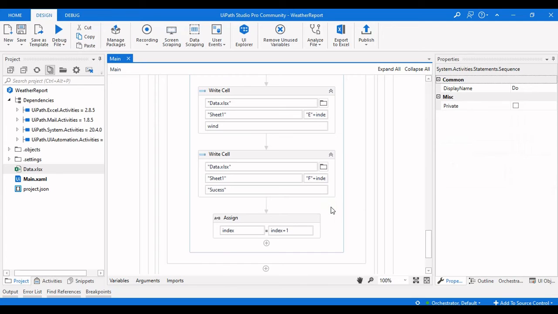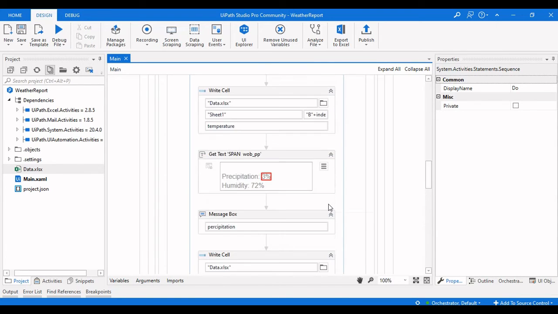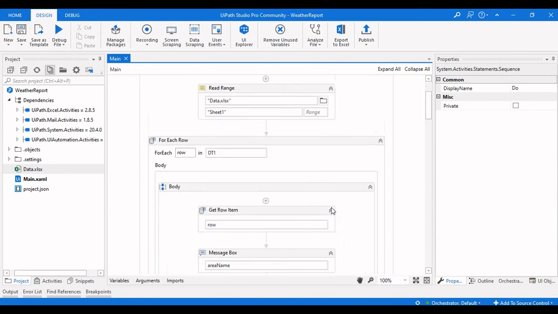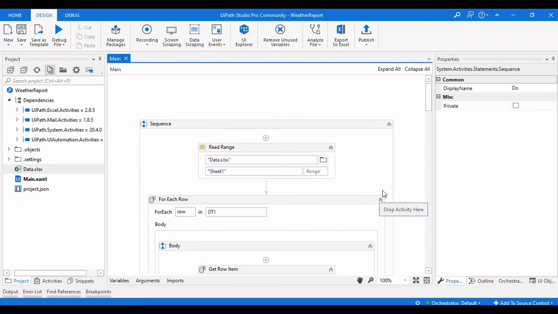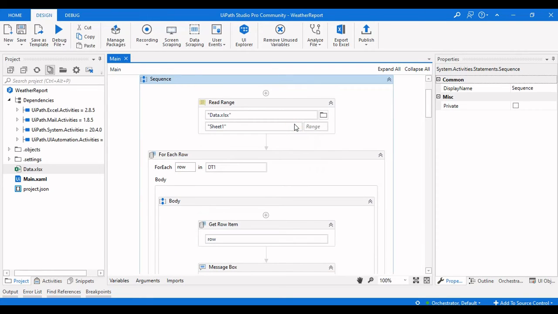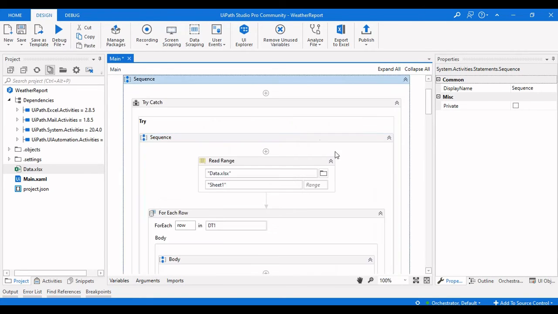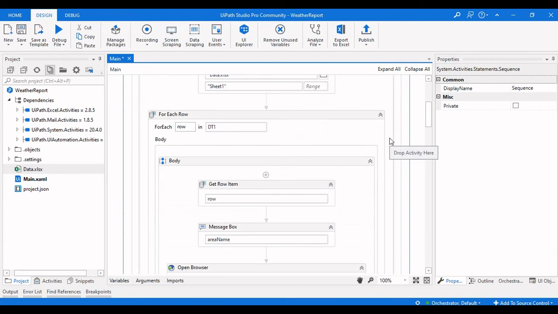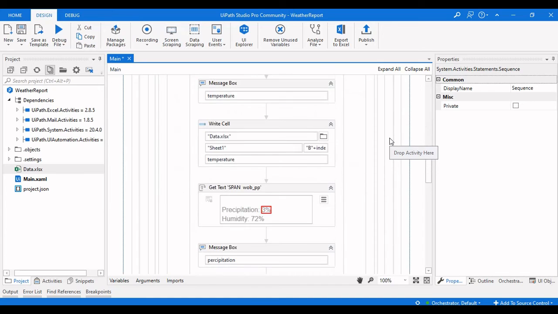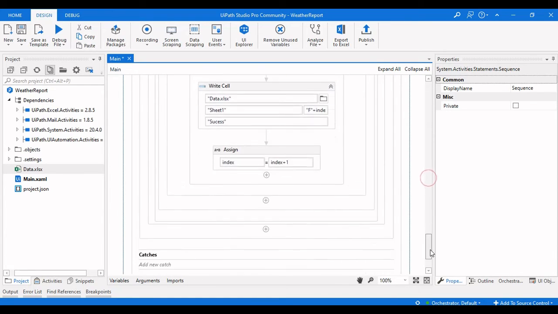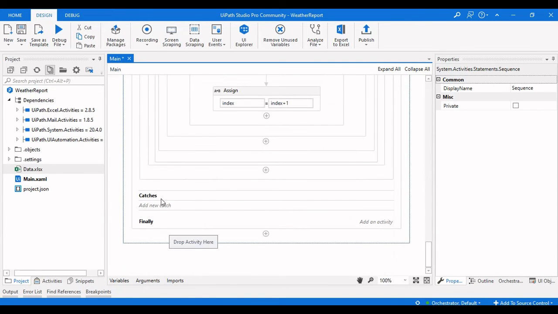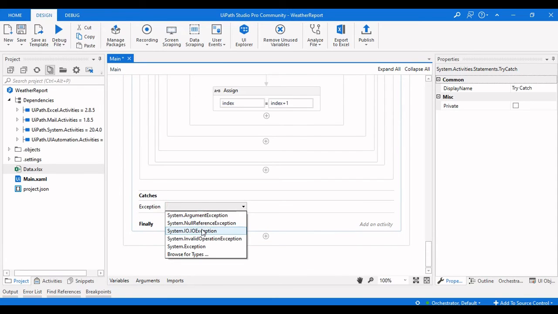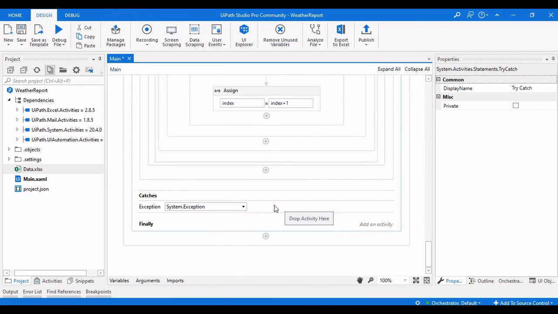And now we will use the try catch activity here. If we use the try catch for this sequence, press Ctrl T, it will include the sequence in a try catch. And if any system exception occurs, it will come to the catch exception, so we will take that as system exception.